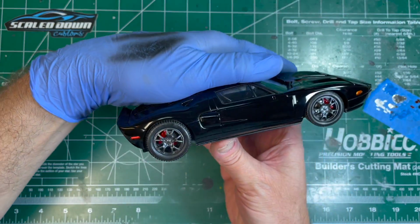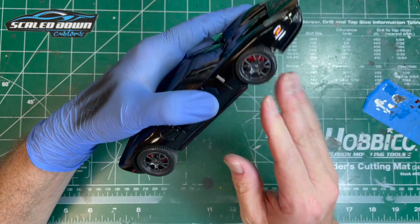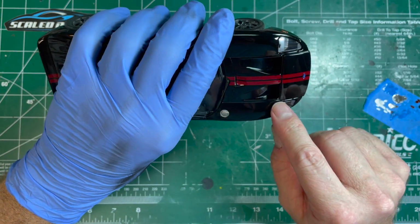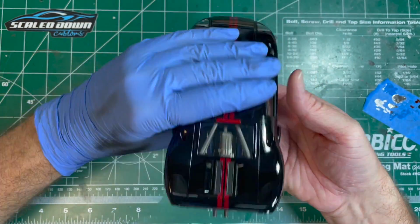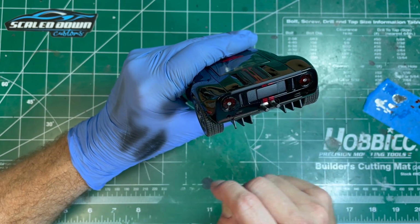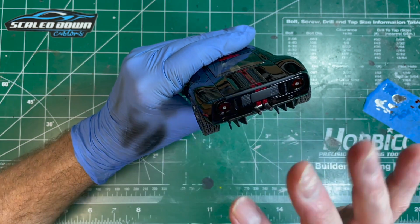Alright, so I'm almost done fighting with this car, and I am fighting with it to get this thing together. I've got a couple little glue spots. Of course, putting in the brake light lens, some glue squeezed out, and I rubbed it off, which you're never supposed to do. Just let it dry, and then...